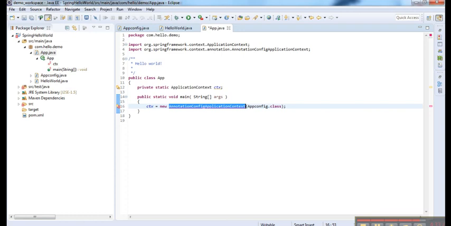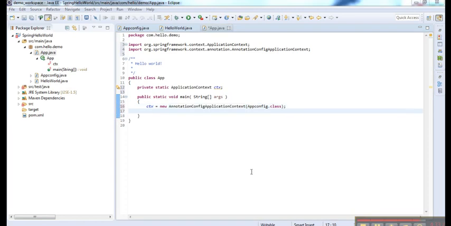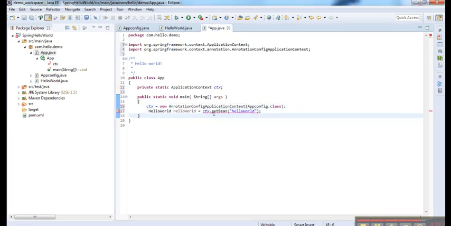Then we will use it to get the bean helloWorld. Now you can see one error came. The error is due to a different return type returned by the getBean method. Actually, the getBean method returns the Object type, so it is giving the error.